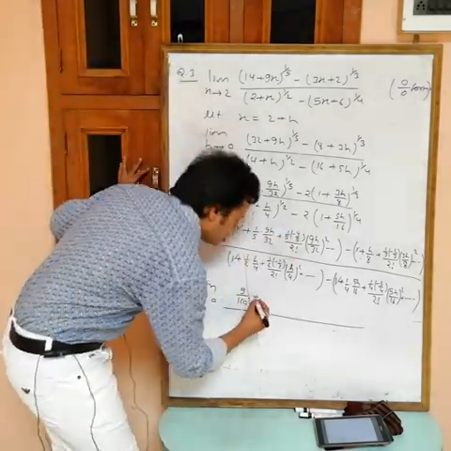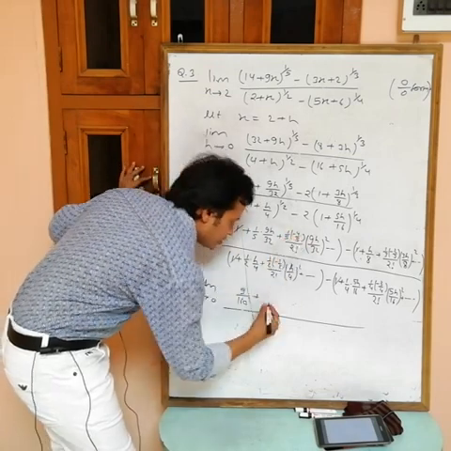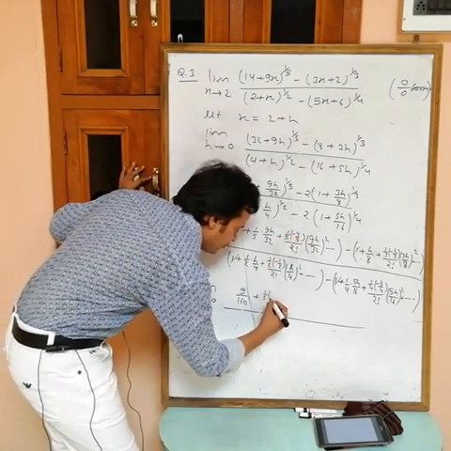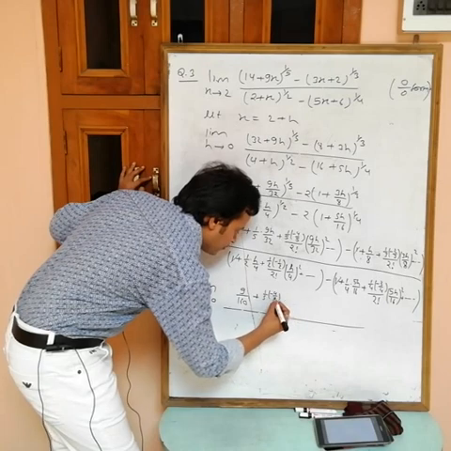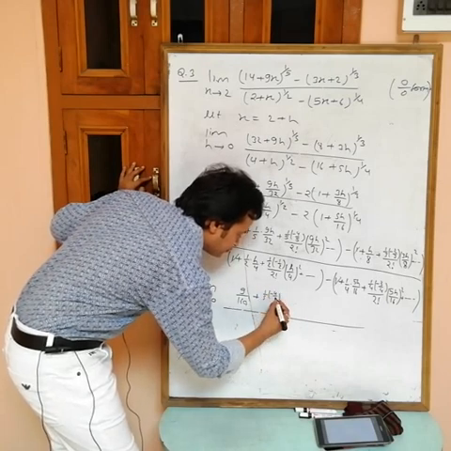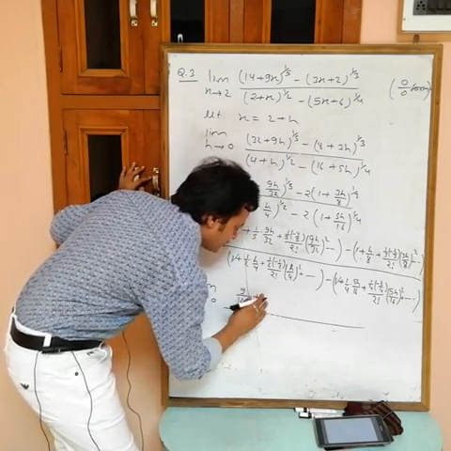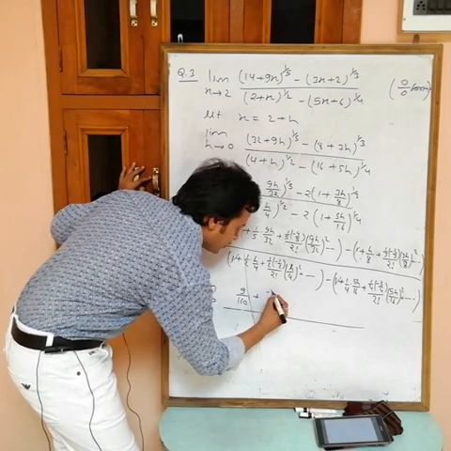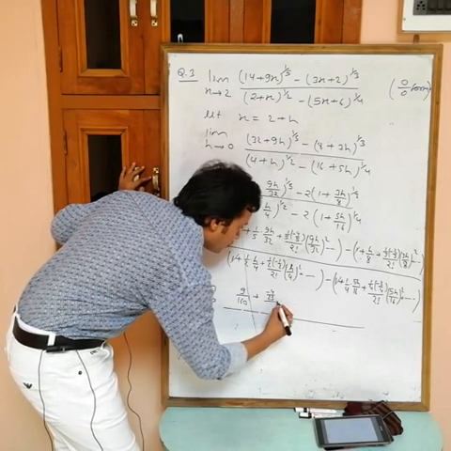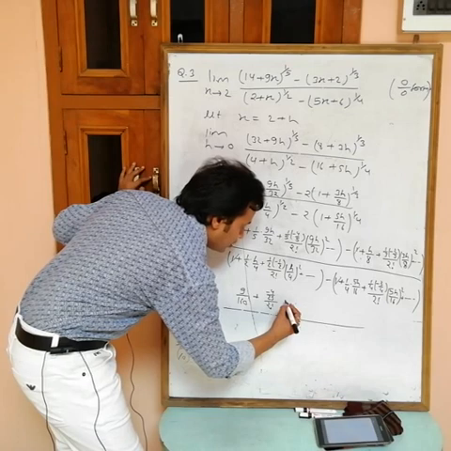Okay, so just take common h, then remaining is 1 by 5, minus 4 by 5, or I can multiply these, minus 4 by 25 by 2 factorial,